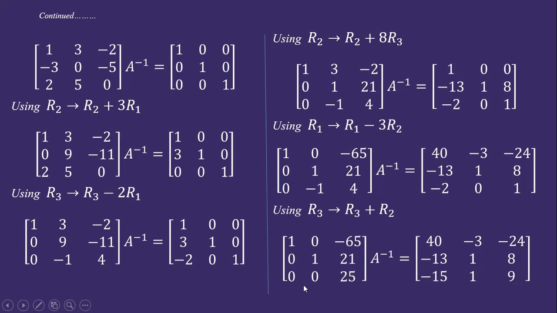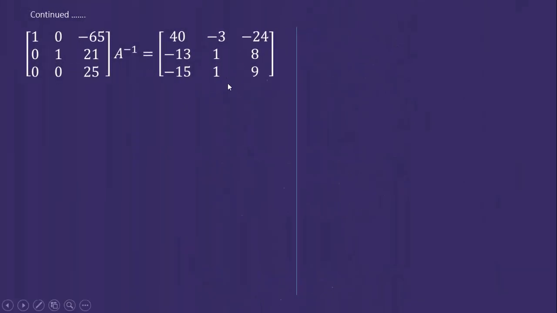Now, while turning to the next page, we write this last step again on the next page. So we have this previous step here. Now second column gets adjusted. Now third column. So here in this place, third row, third column, first we reduce this element to 1. So the simplest transformation, we only have to multiply this third row by 1 upon 25 to get 1 here. Since we have these two zeros, they will not get disturbed due to this transformation.